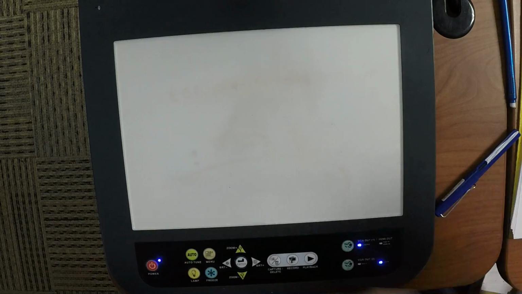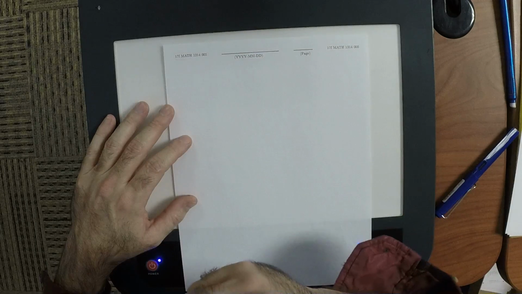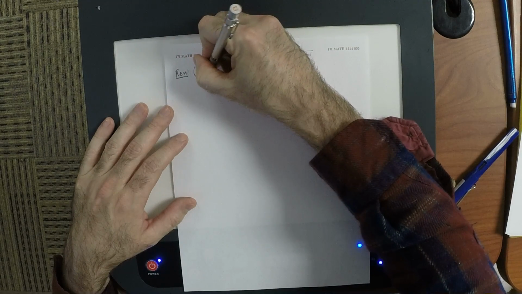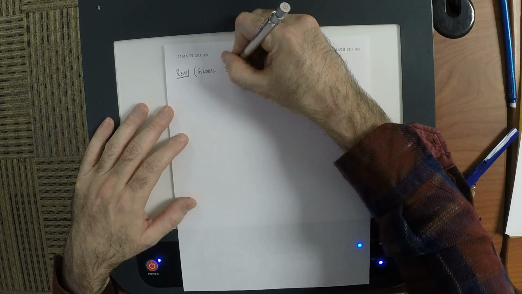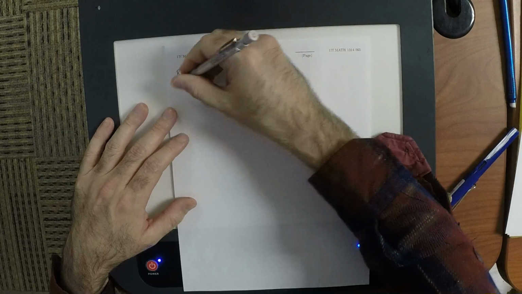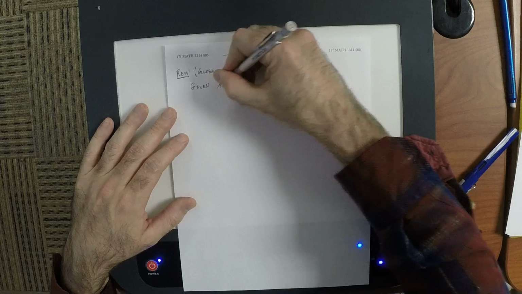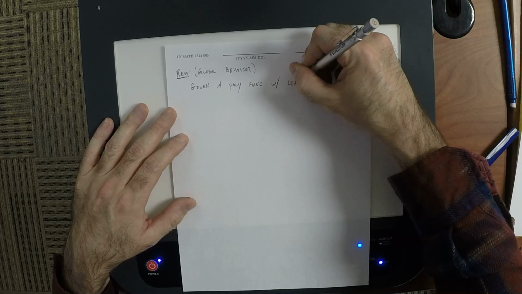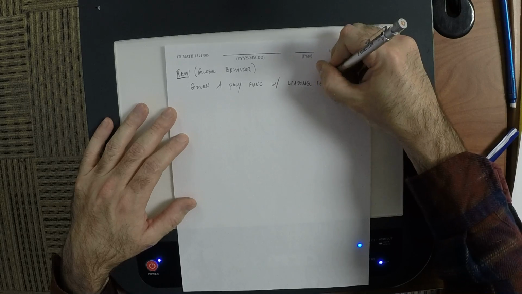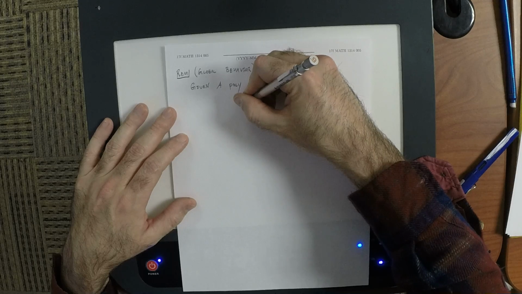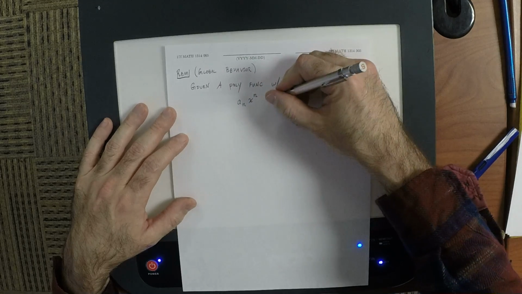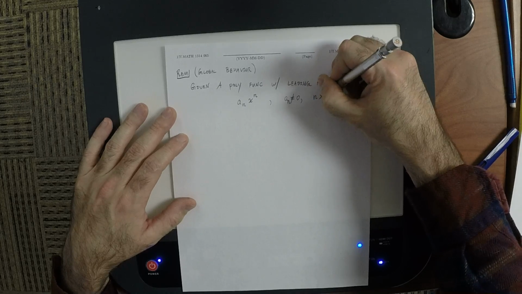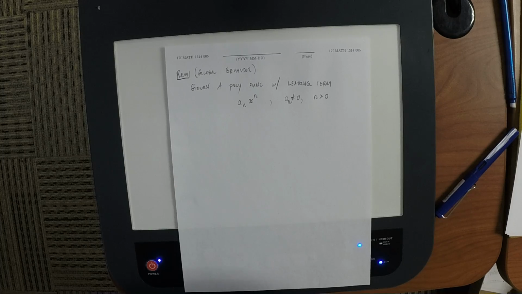Okay, so let's write that down in a table. So this is the global behavior. So given a polynomial function with leading term a_n x^n, with a_n not 0 and n more than 0. So given a polynomial function like so,